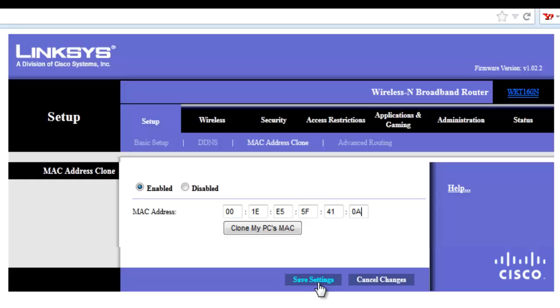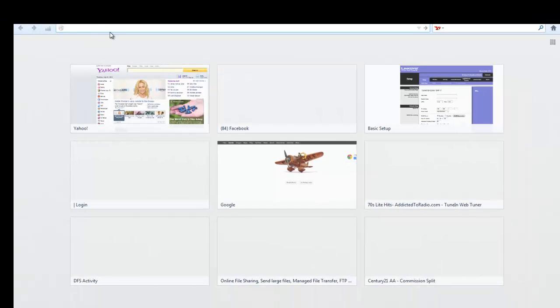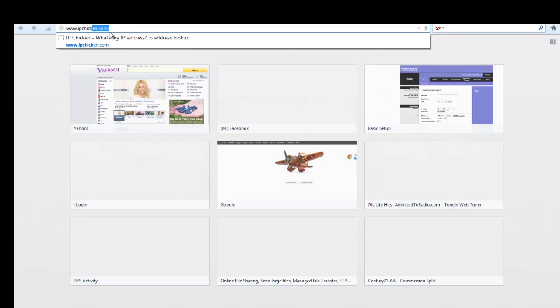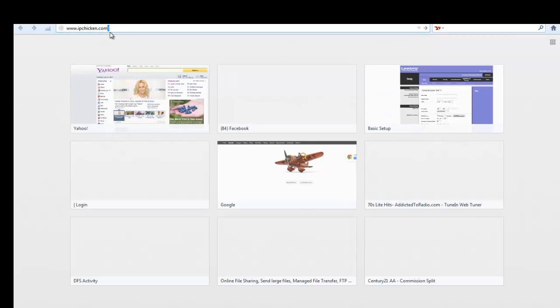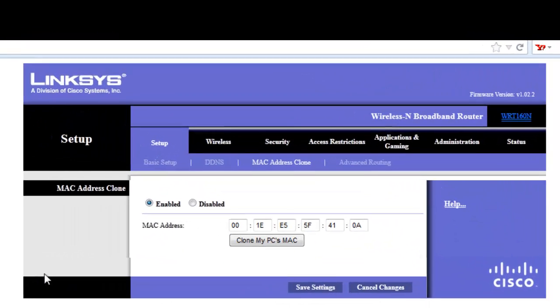But before I do that, I want to show to you and prove to you that this IP address is changing. So I'm going to open up a new window, and I'm going to go to ipchicken.com. My current address is 24.228.226.254. I'm now going to go back to my Linksys,